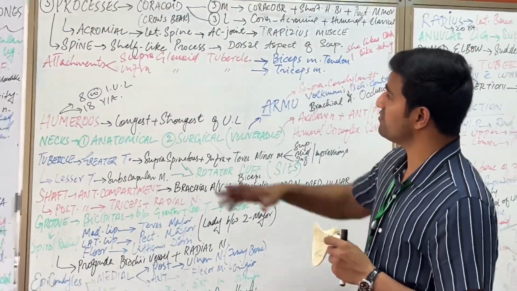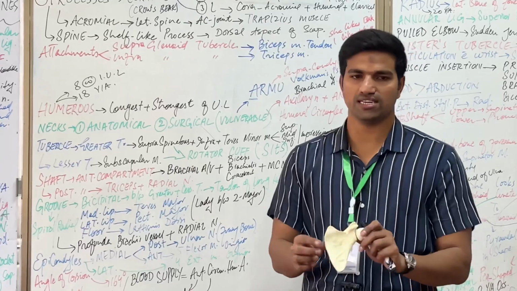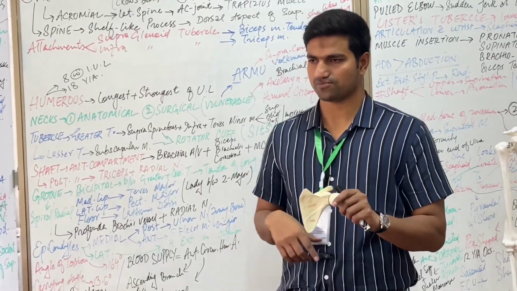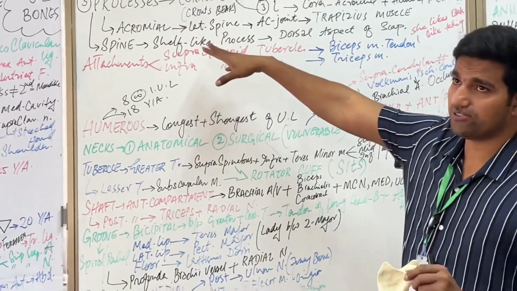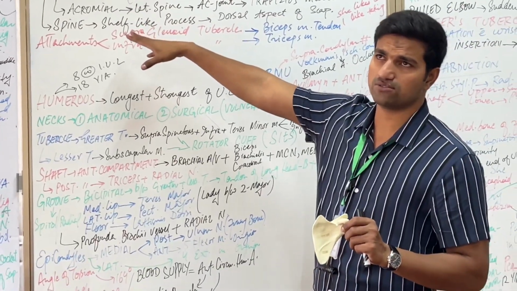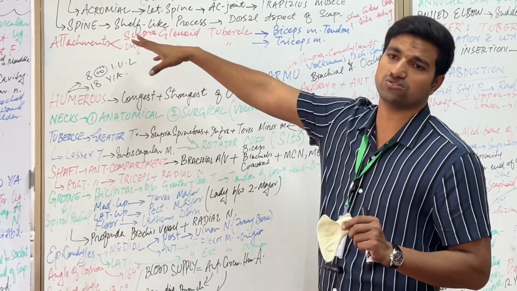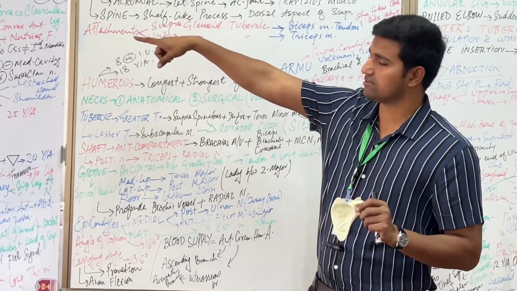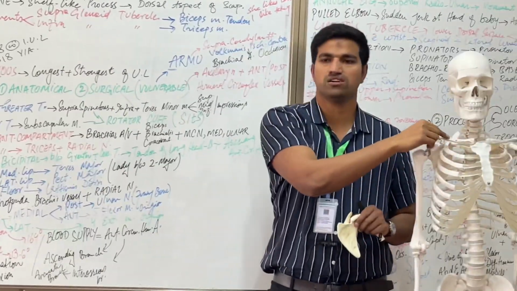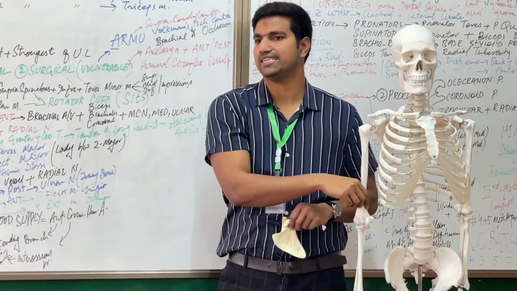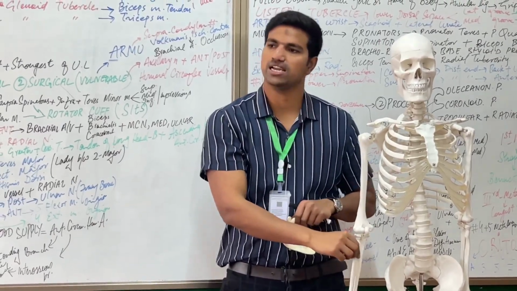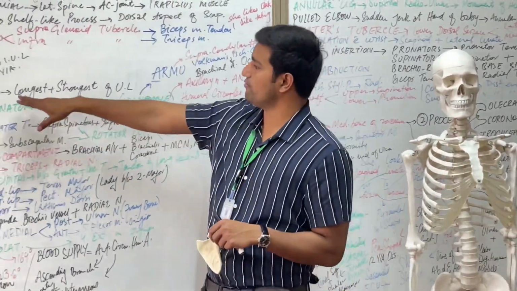Then yes, that was about the scapula. Is there any question left behind around the scapula? No. Then we will talk about the humerus. The secondary ossification of the scapula fuses at 20 years of age. For the clavicle, 25 years of age. For the scapula, 20 years of age. For the humerus, 18 years of age. For the radius, again 20 years of age. So come to the humerus.